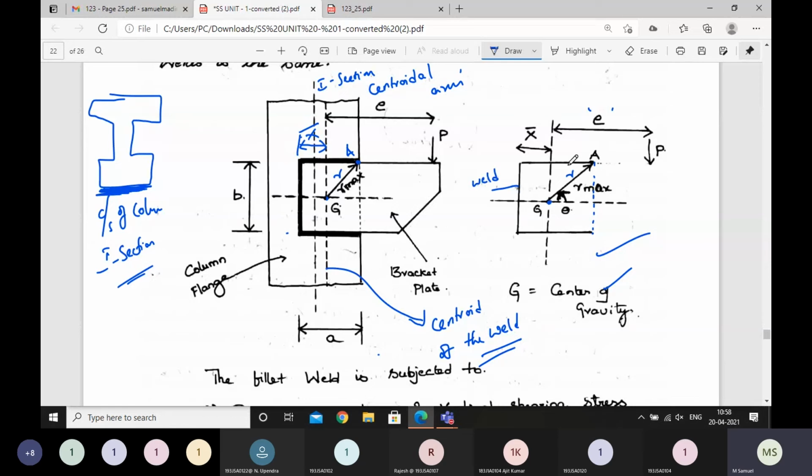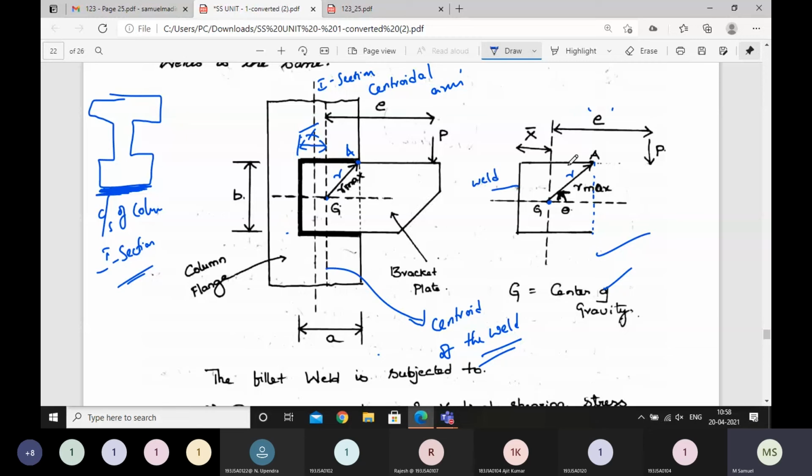Okay, so now let me go into the derivation. So as I told you, the fillet weld is subject to two types of shear stress. Two types of shear stress. One, the second one is torsional shear stress. Okay, first one is direct shear and second one is torsional shear stress. Okay, so now